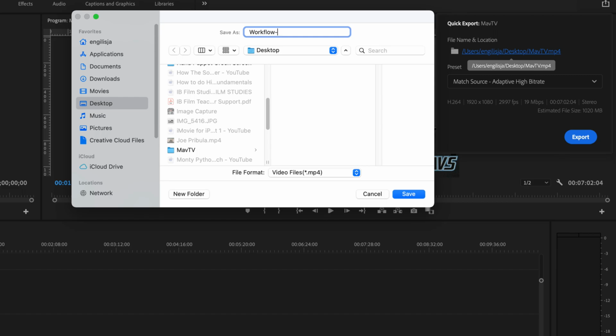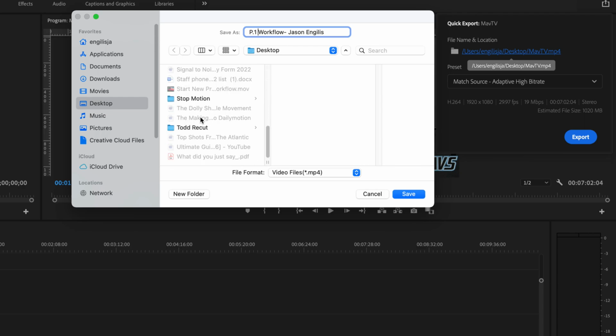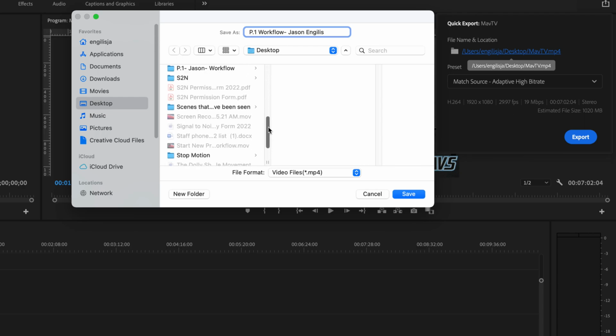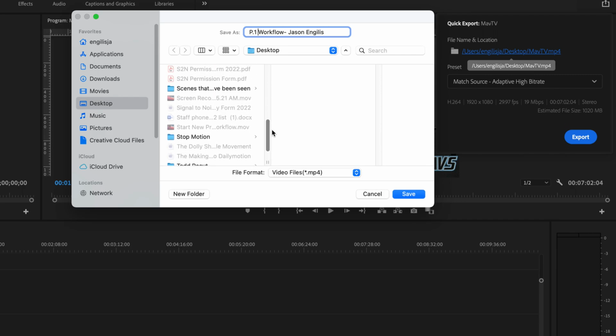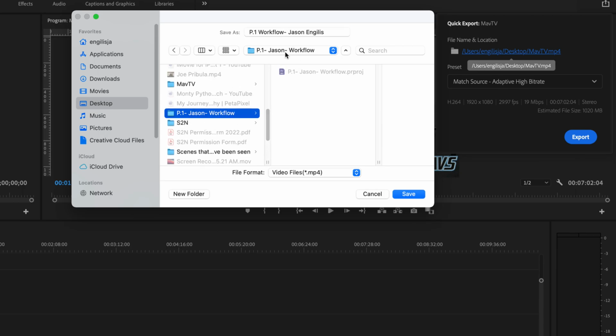workflow. So let's say period 1, workflow, JSON English, and I'm going to make sure that it goes into that same folder, so that's where it ends up. P1. Where did it go? Slow down right there. Once I see these two align where I want it to go, I can hit save,